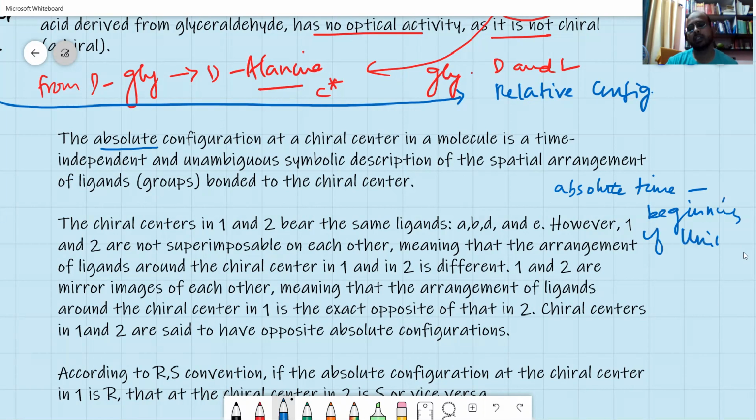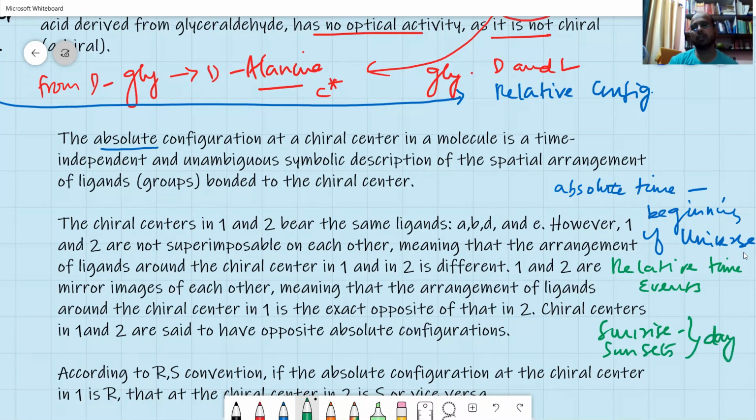Okay. You need to have knowledge of all this because somewhere or other, it will be required for you to relate to whatever you study. But in the relative time, you have something which is related to incidents, events. When the sun rises, you have some time, and then when the sun sets, these two things make one day. But here you do not. You just relate it to the sun.